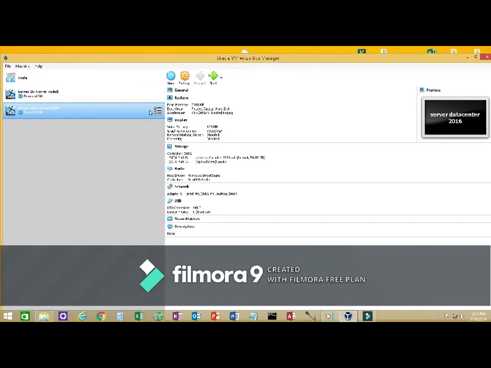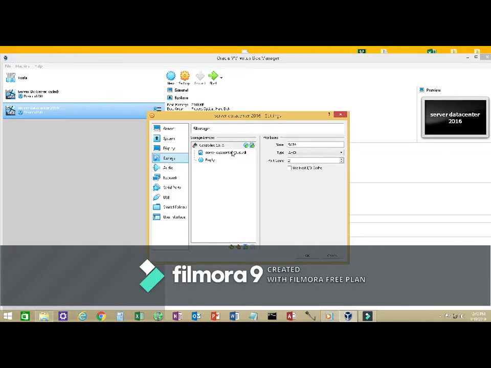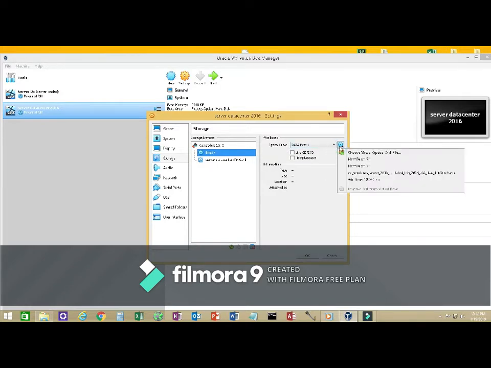Alright, then we're going to want to go over here and right click and go to settings. Go down to storage. You'll want to click here and make this your SATA port 2, because you're going to be basically downloading the server ISO image onto this drive. So then we'll go to the drive, make sure it's at SATA port 1, choose it,